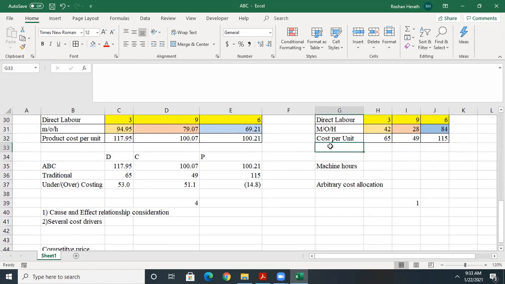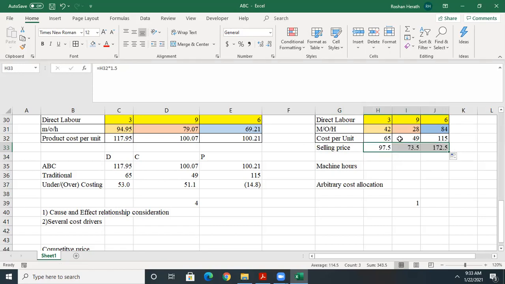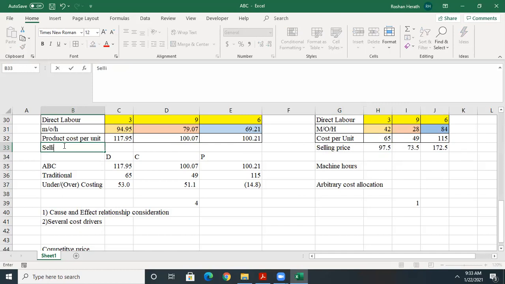If I work out the selling price, assuming you are keeping 50% margin on the cost, this is going to be your price, right? And if I apply the same for the rest, this would be the pricing. If I try to keep the same margin, say 50%, you keep 50%,